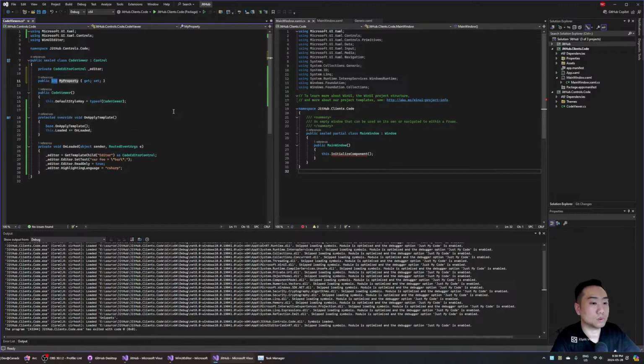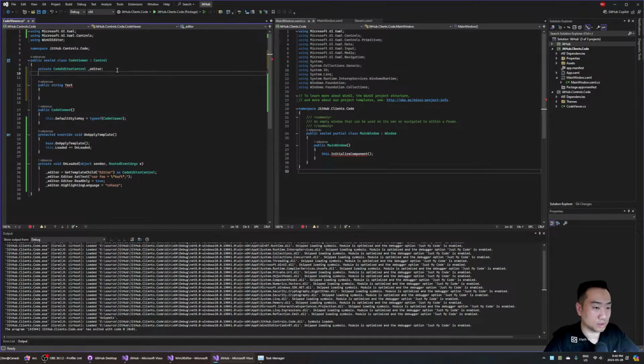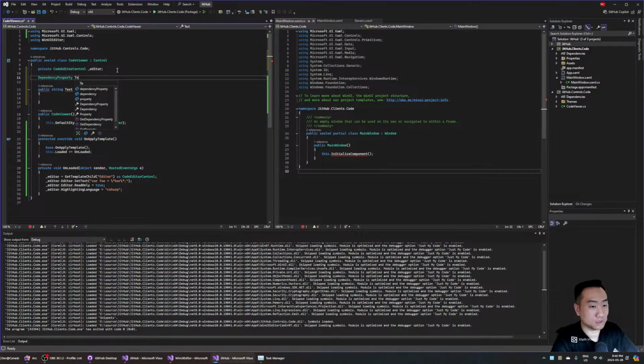Let's do a string text, will string work? Probably, right? We'll do the dependency property first. Dependency property, let's call it text